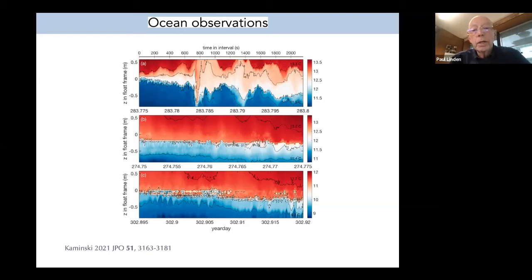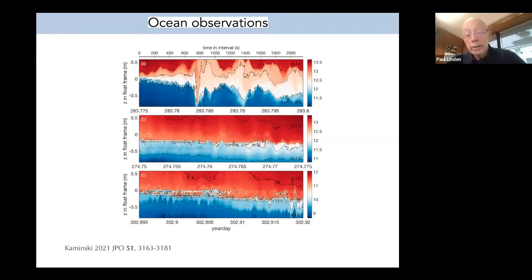So for example, if you look at panel A at the top, you can see at about 800 seconds a big event where light fluid is brought way down into the [water], again over, but again, notice it's only over a meter or so. So these are relatively confined behavior,